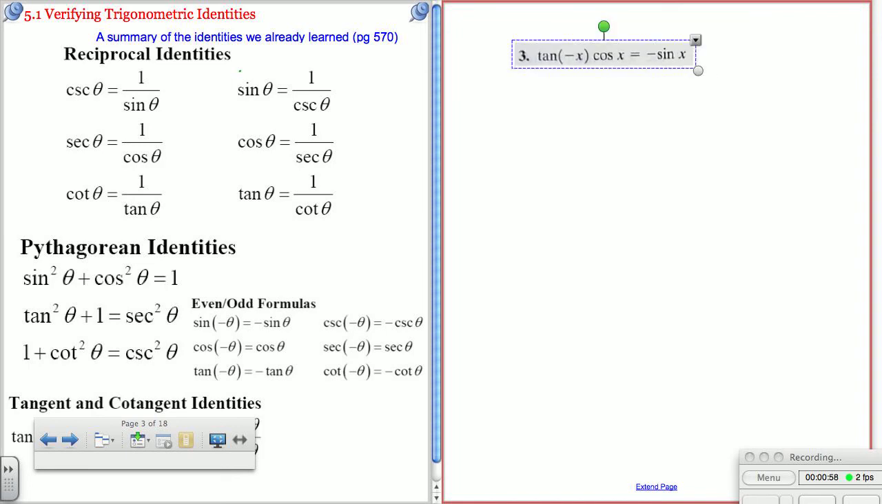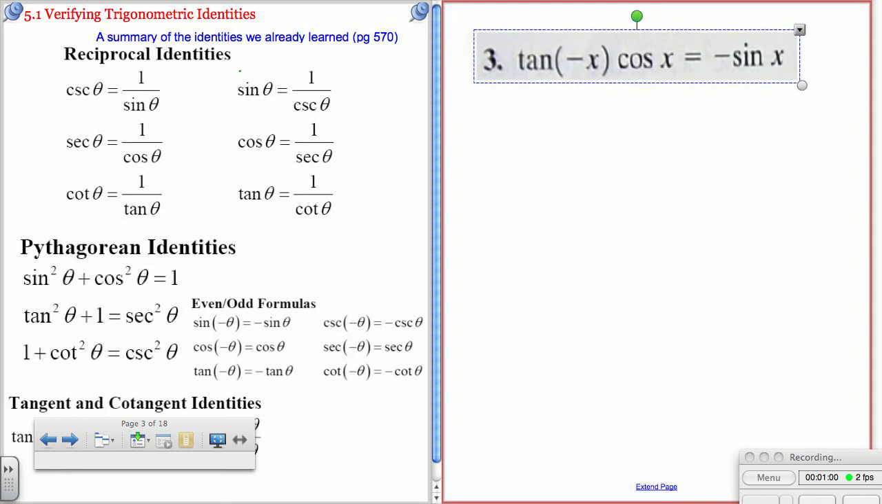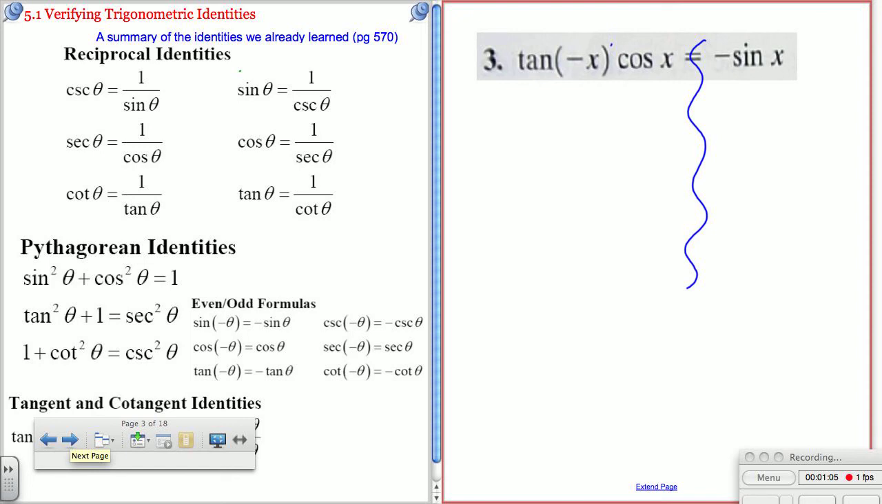Number 3, again, I'm going to start with the left side here. It looks a little bit more complicated than the right. Now I'm going to start with this tan negative x and use the even and odd properties and change it to negative tan x